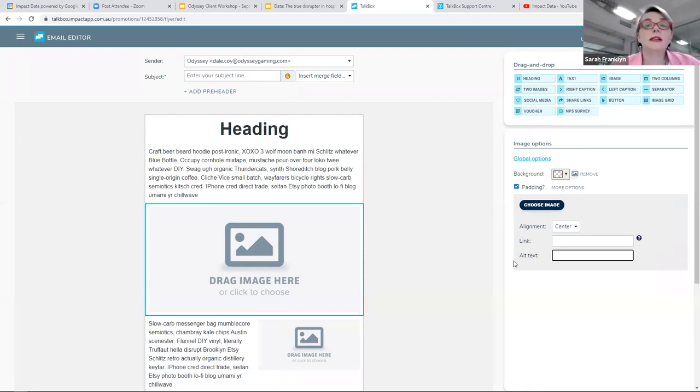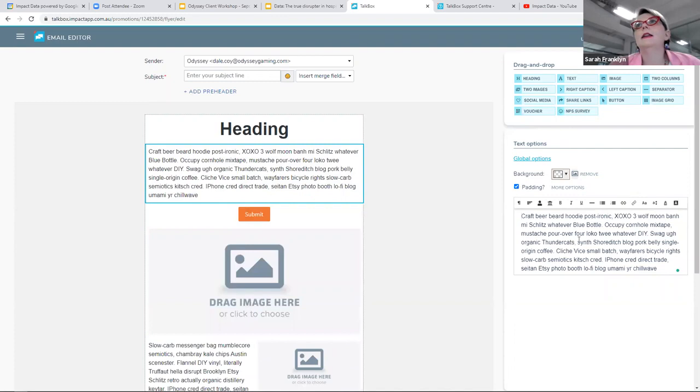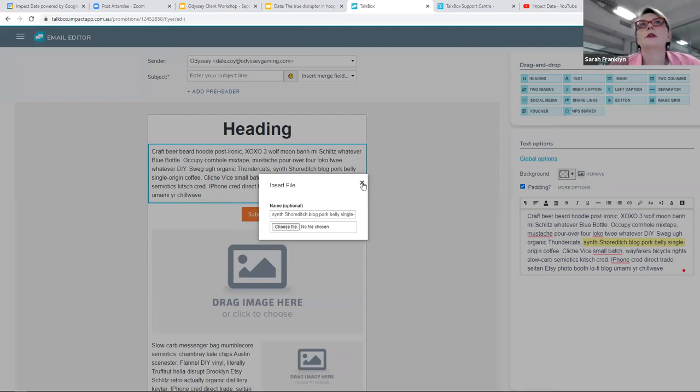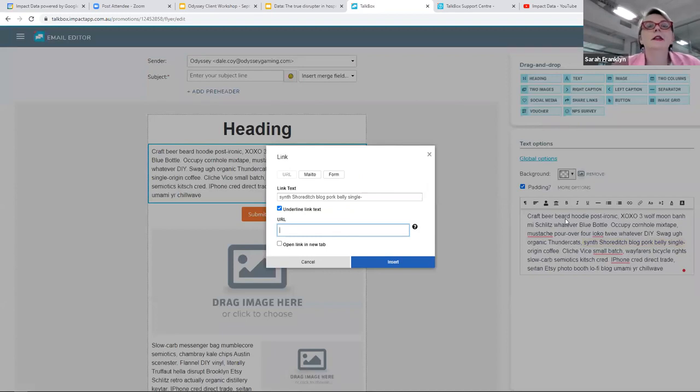So alt text on your image is really important. The other thing is if I'm going to add a link, so let's drop a button in here, and I want to, oh, sorry, that's not what I want to do. I want to add a link to my website, for example. So I do that here. That's the wrong one, Sarah. Link here, right? So I put a link. See that insert link?